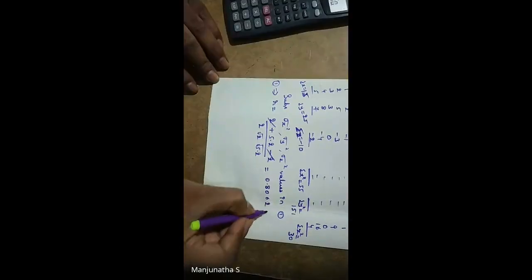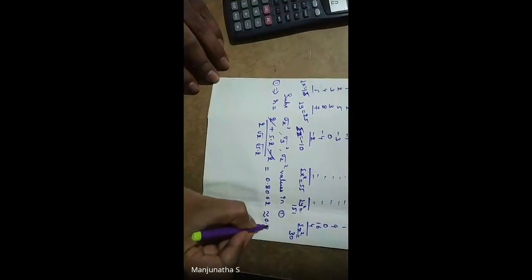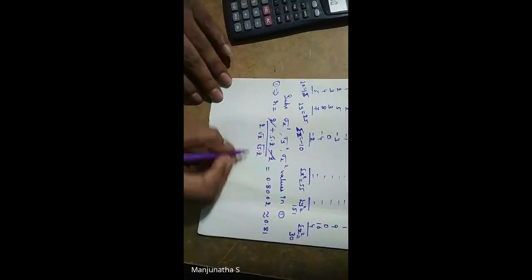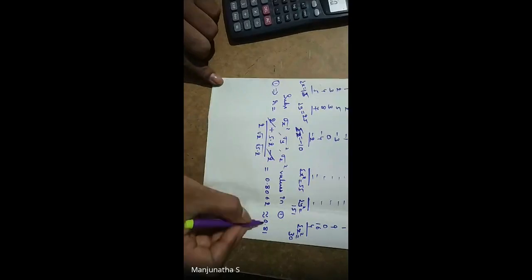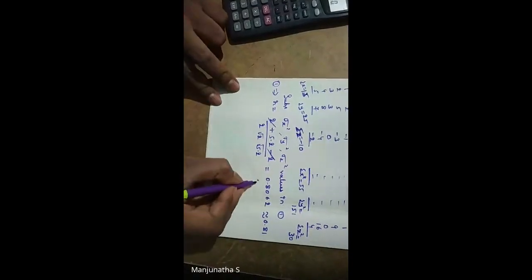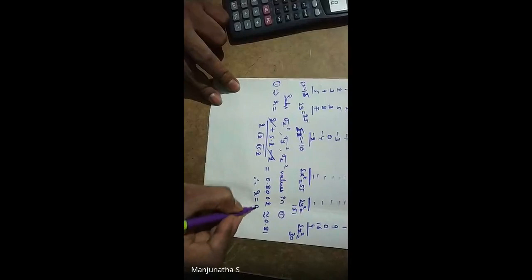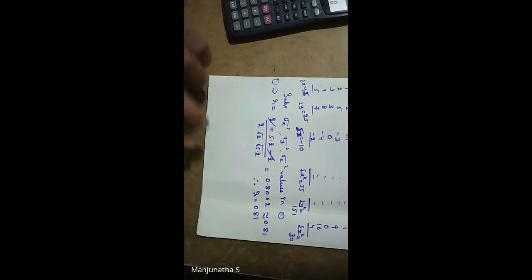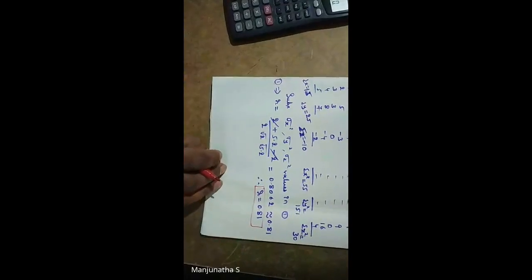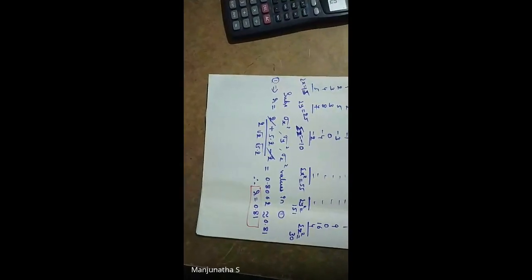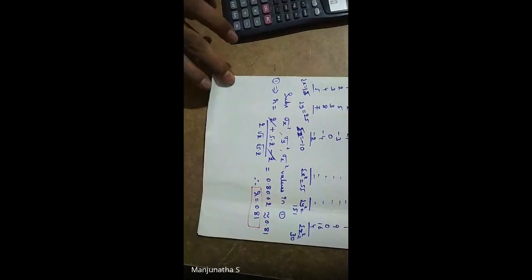0.8062. 0.8062, approximately 0.81 we can take. Okay. So greater than 0 is 1, so the next digit is 1. So 0.81. Therefore r is equal to 0.81 is the final answer. So this finishes r. Okay. So next, what we need is the regression line.